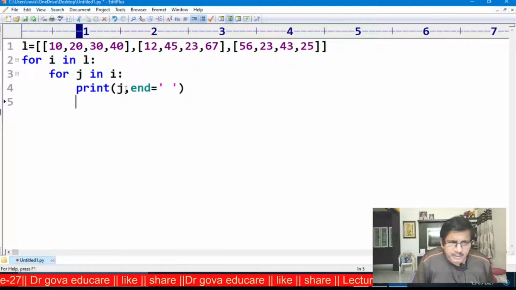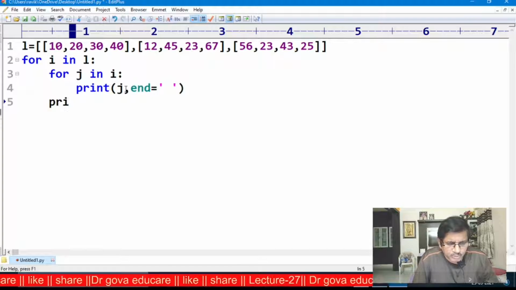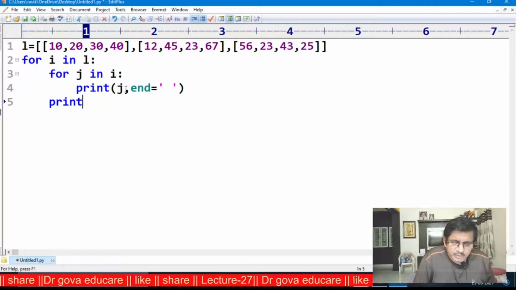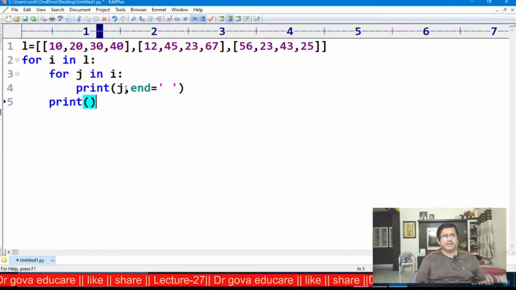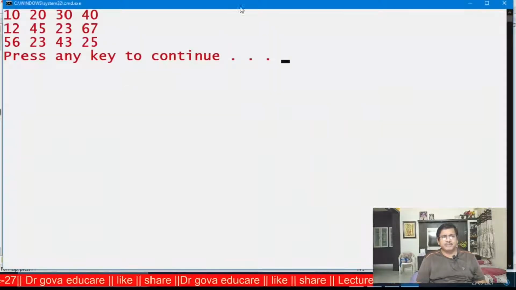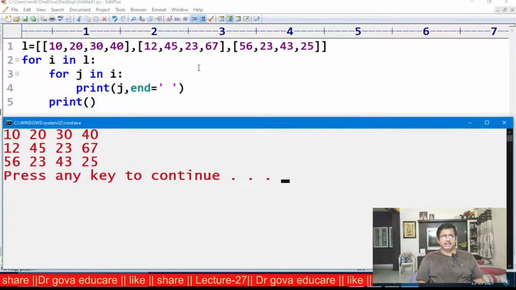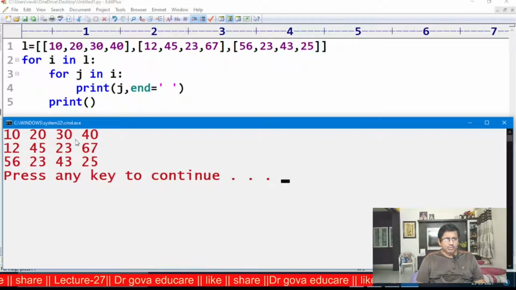After displaying the first row, the control goes to the new line. Print this. Now the entire matrix will be displayed in the matrix form. Observe here, 3 rows, 4 columns. Now this is the way to display the nested list in a matrix form.